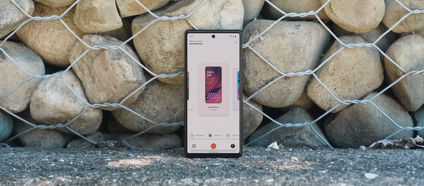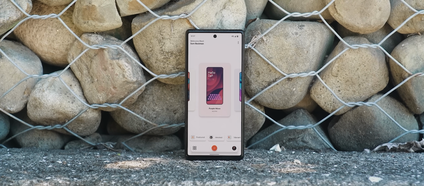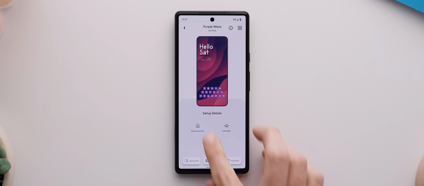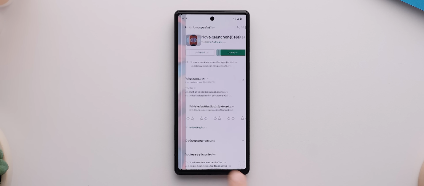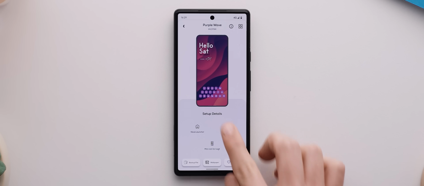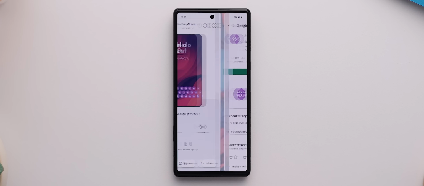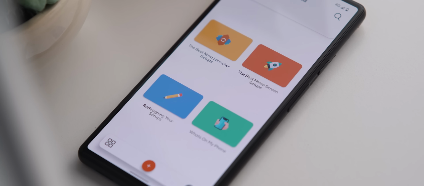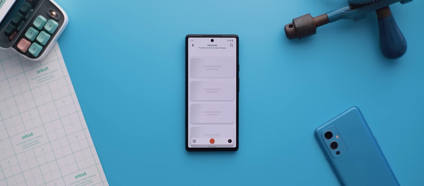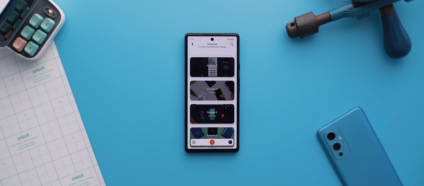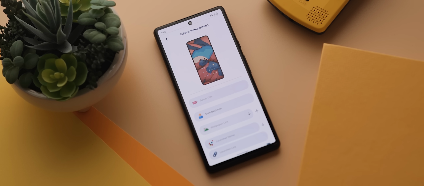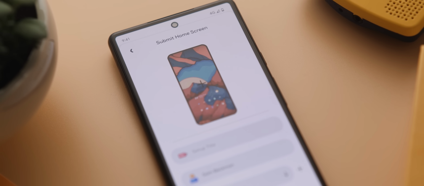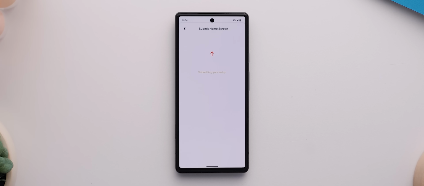And what's great is that as soon as you find a setup you love the look of, just tap on it and all the details you need to recreate that setup on your own phone are available for you to download, either via the Google Play Store or directly from the app itself. There's even an entire section dedicated to home screen setups that have been featured here on my channel. And if you end up creating your own unique home screen setup, then you can also submit it for review as well. Now, this is the one and only premium feature found within the app,